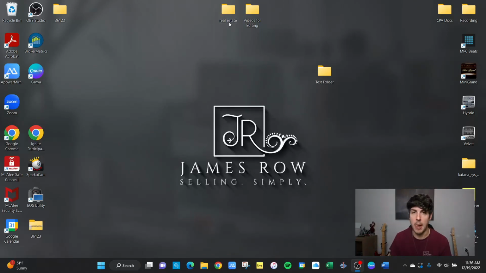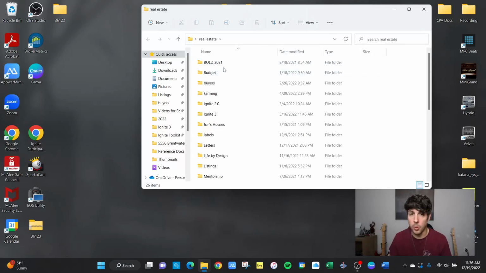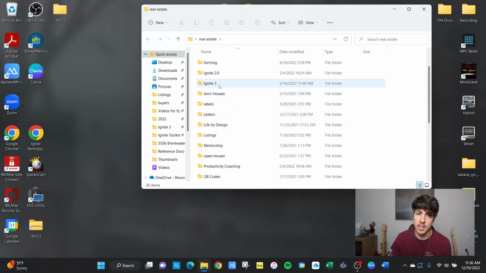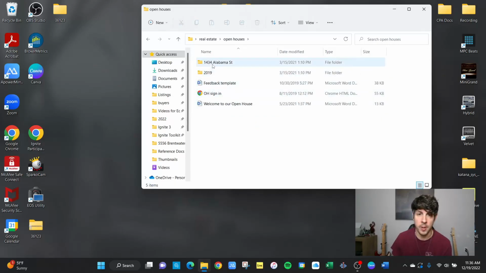Now, some tips on that. So I have a folder on my desktop called real estate. If I click that, it'll open it up, and you'll see subfolders. A folder for Bold, the one I took in 2021, my budget, a folder for buyers, a folder for farming, a folder for Ignite, different types of Ignite. Let's see, what else do I have? Life by Design, letters I've written, labels for marketing that I do, listings, stuff for mentorship when I was a mentor, open houses, so things that I use for open houses regularly, like a feedback template, welcome to my open house, the sign I use for my open house,